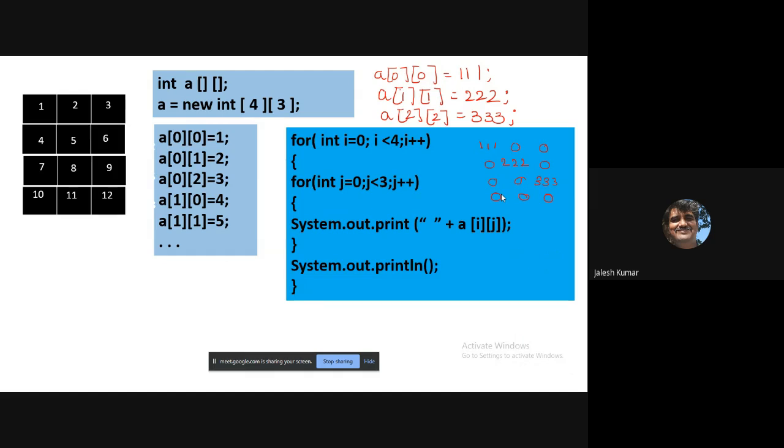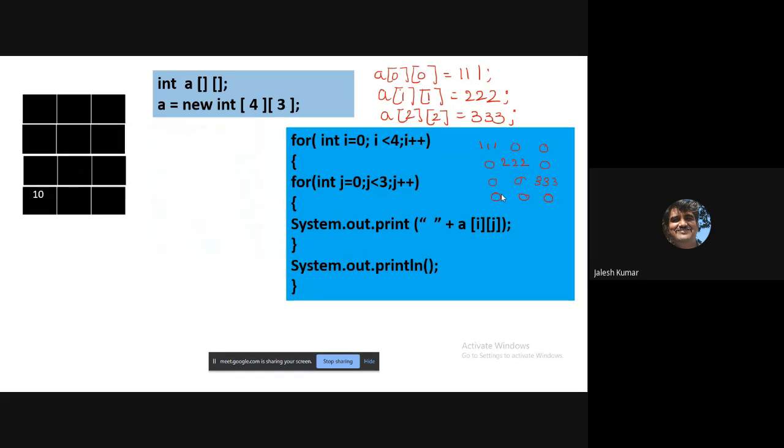So how is it? Let us consider, instead of writing at some particular location, I just wrote at particular locations, and the rest of the places I left blank. The output I am getting is like this. Instead of this, let us do like this. I'll remove this. I'll not assign anything. I declared. When you declare this particular statement, that means you allocated 4 rows, 3 columns blank.